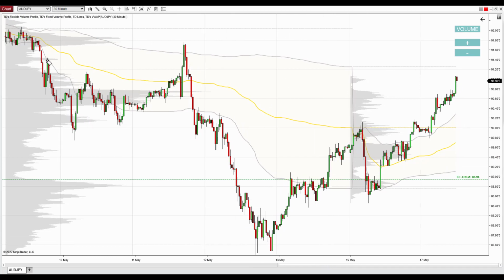So first, in here, there's that pullback to the first deviation, you go short from there. That would be a winning trade. Then, again, from here, but in this case, short would be a losing trade. Then the price moves sort of around that first deviation, so that would be a no trade, but